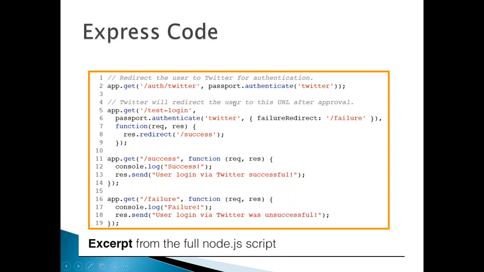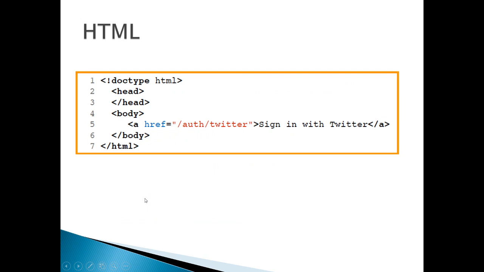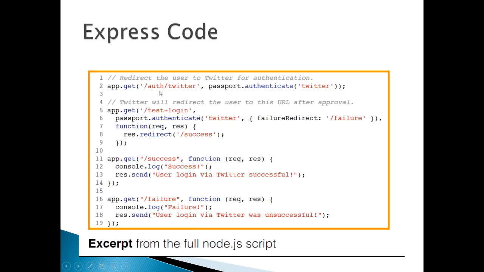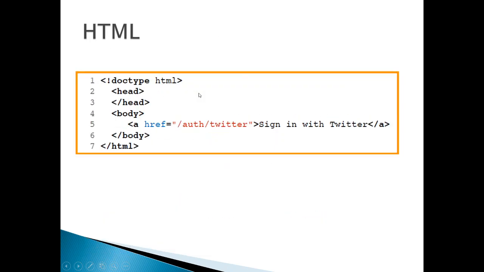In this, if you see, we are calling the Twitter strategy to authenticate, and on the return we are just forwarding it to success redirect and failure redirect. These are the two, failure and success redirects. In the HTML, we are providing the view sign in using Twitter, and we are providing that route which we have implemented here. That's all. And the strategy which has been provided at the first page. This is all you need to do to implement